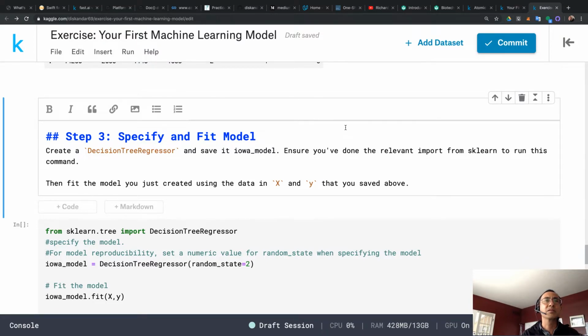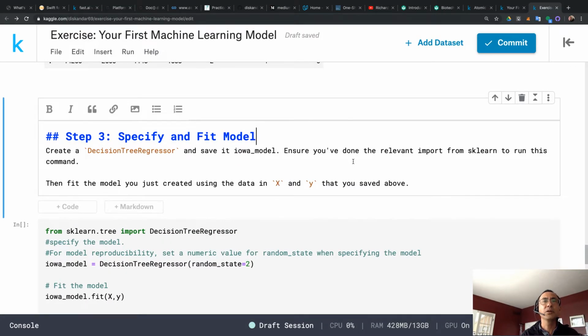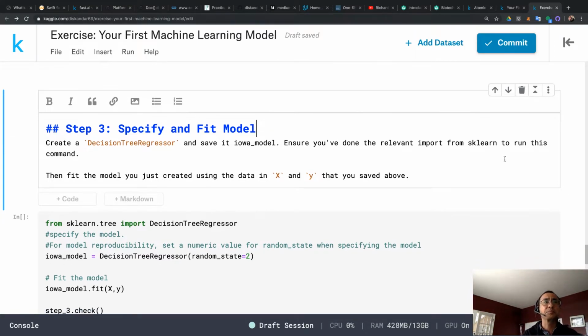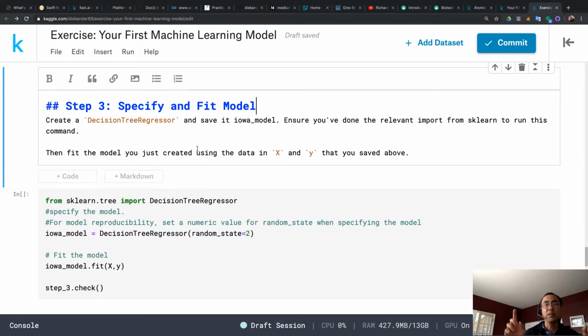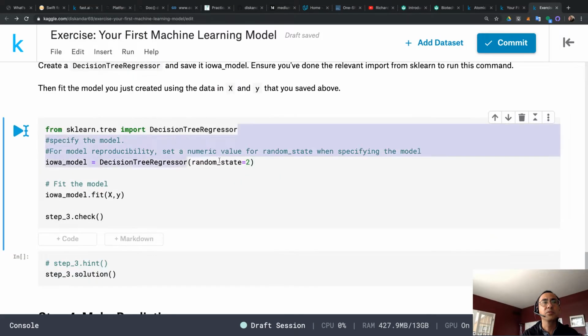And then we're going to save this into the Iowa model. We're going to ensure that you've done the relevant import from sklearn, because the model is from the sklearn library. And then we're going to fit this model, the decision tree regressor, using the X and Y. So how do we do this? First you have to import the model from sklearn.tree. And then you want to call this model, and then you want to make it